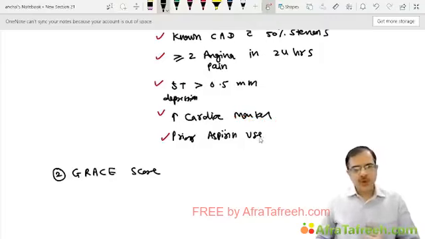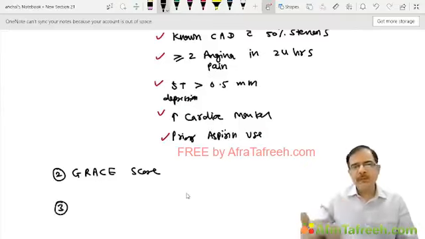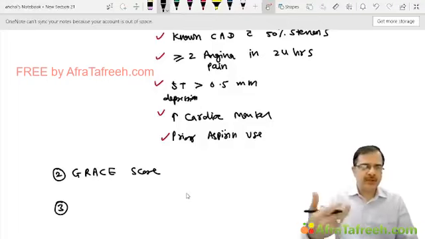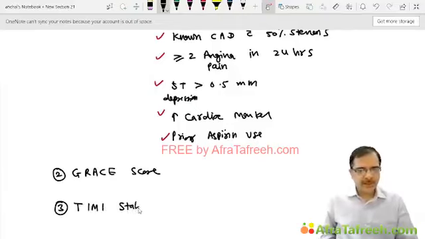GRACE score is the Global Registry of Acute Coronary Events score, for mortality. So these are for the mortality. While there is one more score, and that is for long-term prognosis after the discharge of the patient, that is known as the TIMI